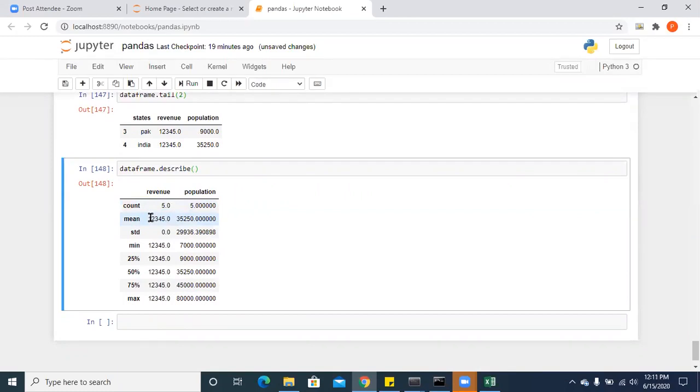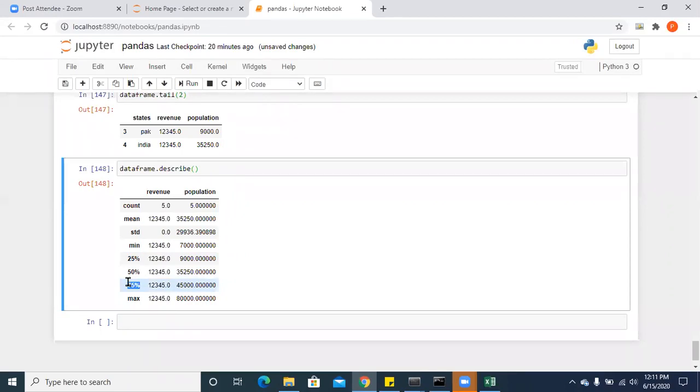So the mean of that revenue column is 12345. The standard deviation is 0. The minimum is 12345. 25% is 12345. 50% is 12345. 75% is 12345. Max is 12345. So I'll tell you what are these 25, 50, 75 while I am dealing with visualizations.